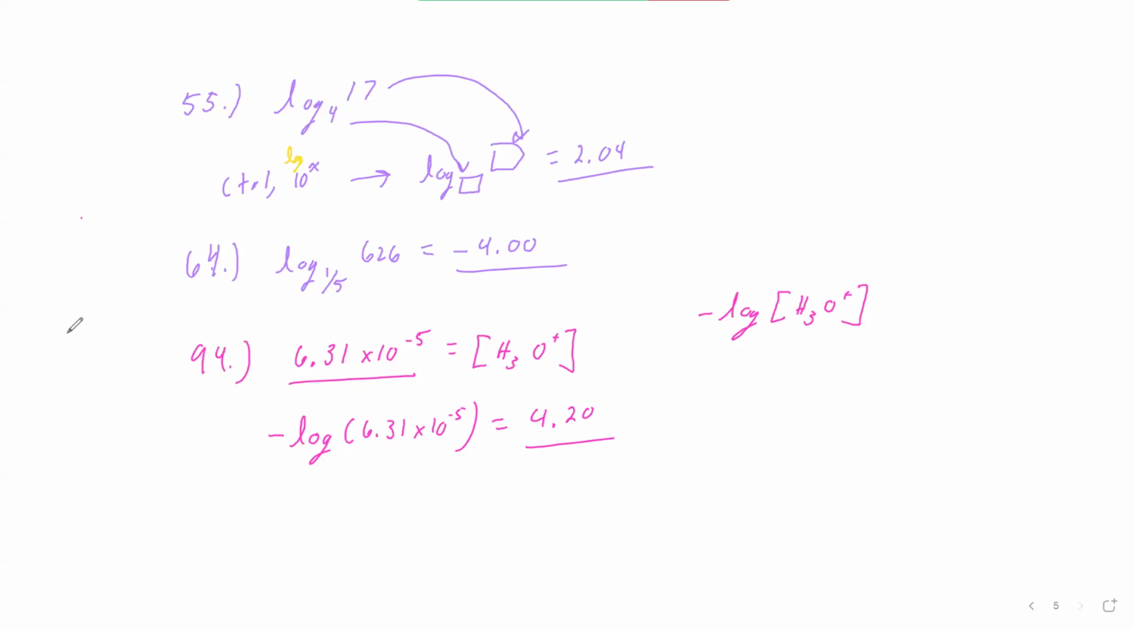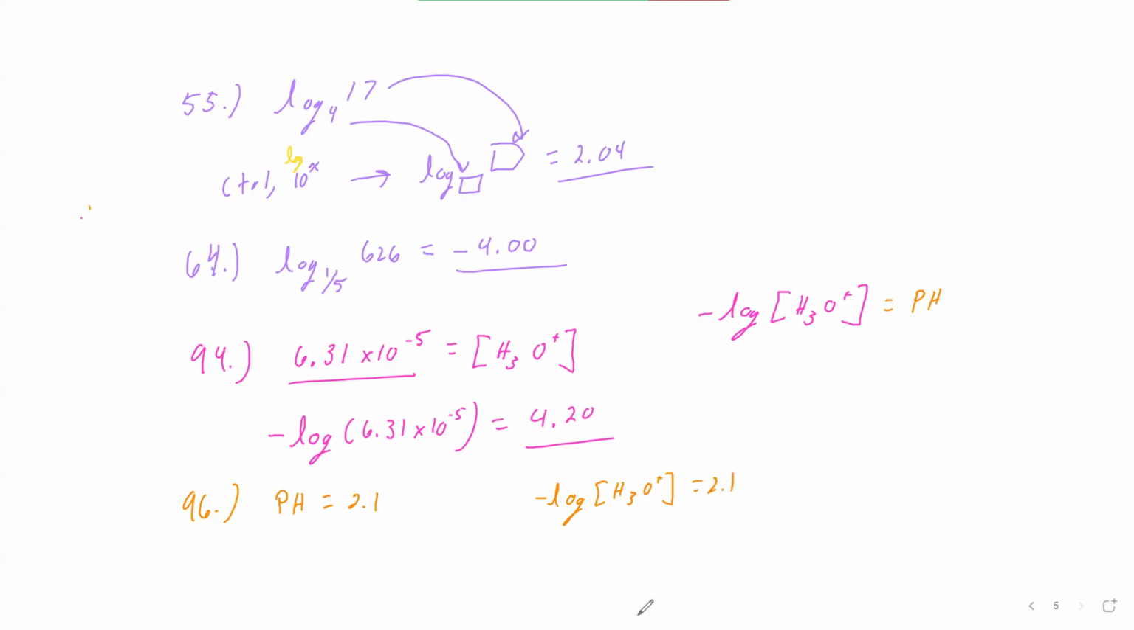So let's look at another type. Let's look at number 96. Number 96 says, what is the concentration, so we're looking for the H3O plus, in lemon juice with a pH of 2.1. So basically, it gave me the pH. It said pH is equal to 2.1. So I'm going to plug that in and I get negative log of something